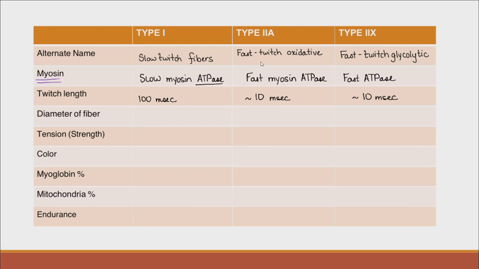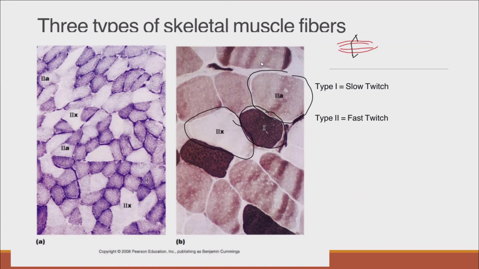So it's important to know that, because there is some training that can be done between these two. You can kind of maneuver to make your type 2 fibers more like 2X or more like 2A, but there's no training that will allow you to take a type 1 fiber and make it a type 2 fiber, or vice versa. So now that we've looked at myosin ATPase, let's come back up here to our image,